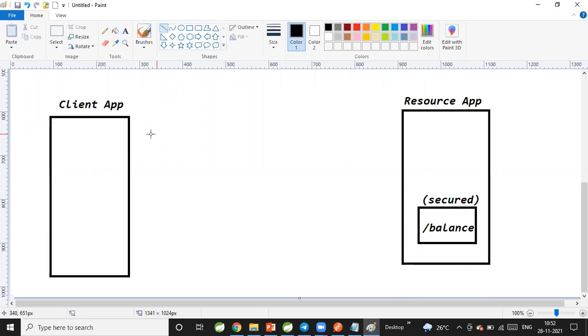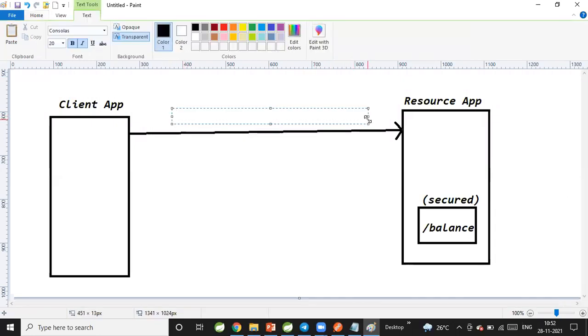So what will the client do? First, the client is going to send a request to the server.